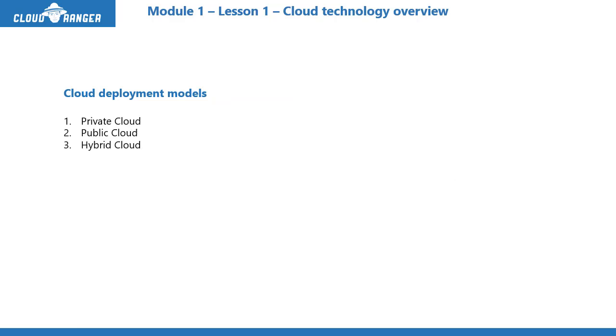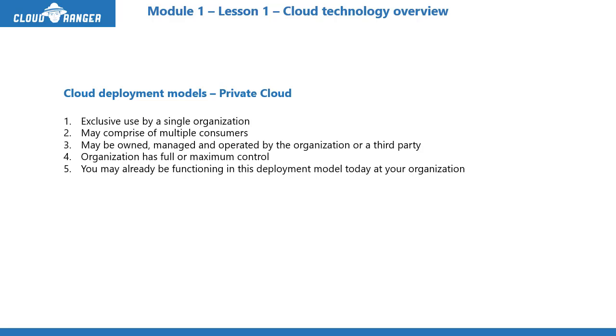So the first cloud deployment model, by the way, let me go back to the previous slide. I'm showing three models. There are people who probably argue that NIST has a fourth model, which is a community cloud or whatever. But I think that most of the cloud computing we talk about falls in the private, public, and hybrid models. So let's get into the private cloud.